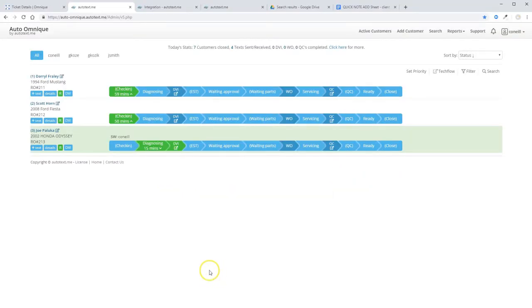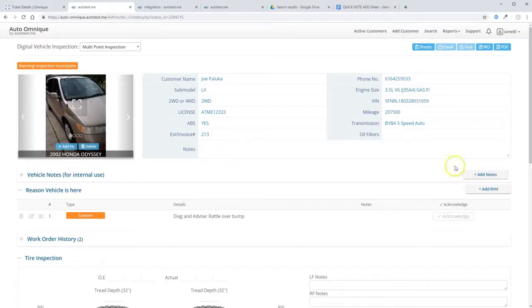In this video, we're going to demonstrate how the DVI results can be sent back into Omnique from AutoTextMe. For this example, we'll look at this 2002 Odyssey from Joe Palooka. We have the C1 note already transferred in from earlier, and we can see that it's here for a rattle